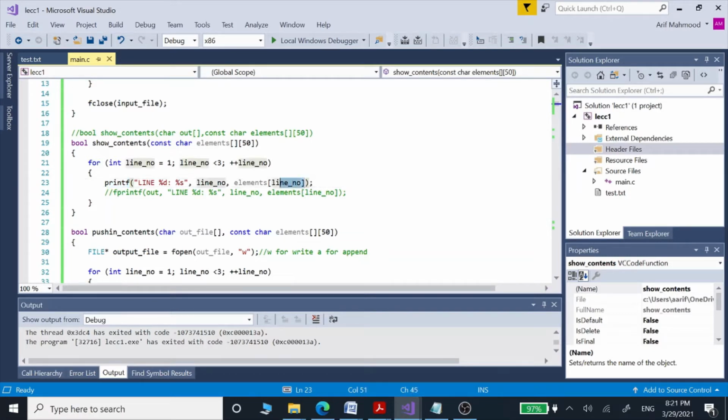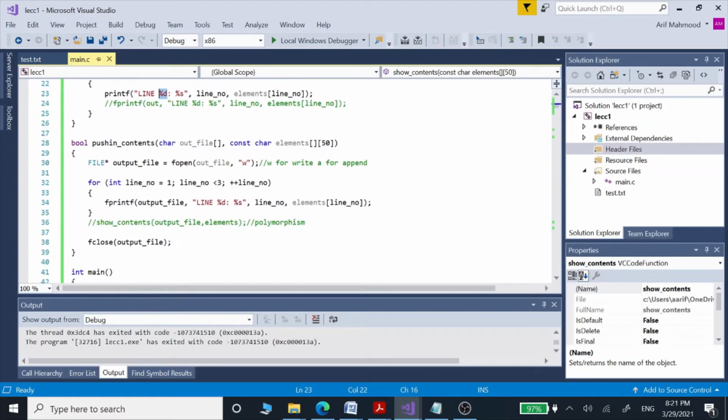This is the way we give the arguments: the first is our elements array, and the second is the line number, and we use %s and %d to print those.